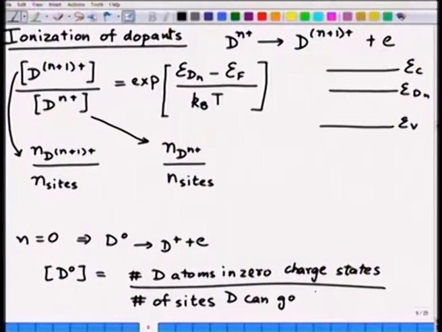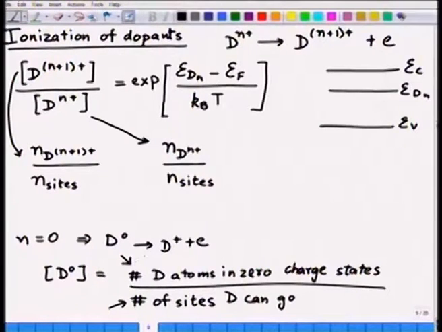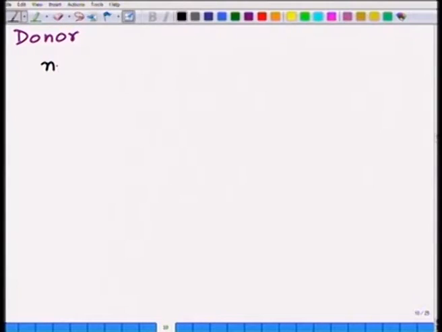Number of sites for the D atom, for example, if it is in silicon, then it is the number of possible sites for a silicon atom. That is what it means, the number of silicon atoms per unit volume. The number of silicon atom sites per unit volume is the denominator, and the numerator is the number of these phosphorus D atoms per unit volume. So if the number of sites is the same in both cases, they both being silicon sites, then this ratio also indicates the ratio of number of defects. So, I can write this whole expression also as the number of D in n plus 1